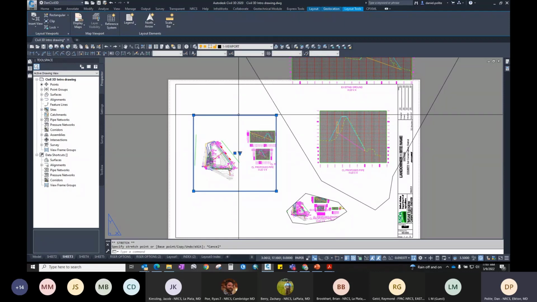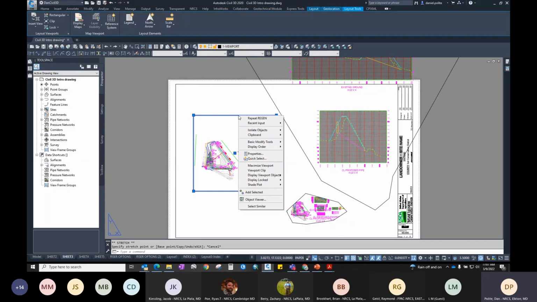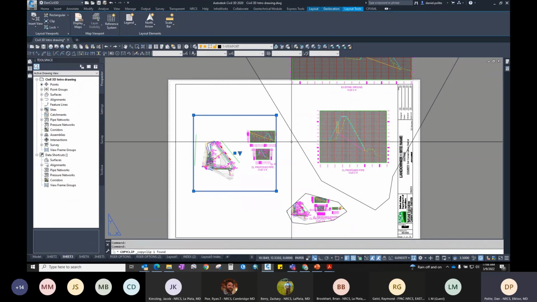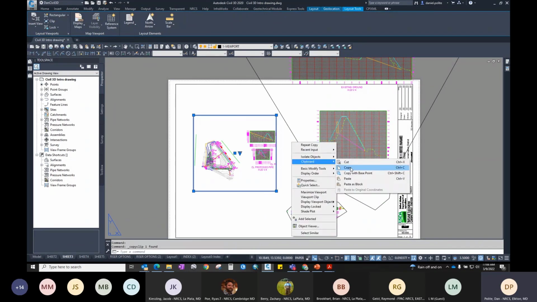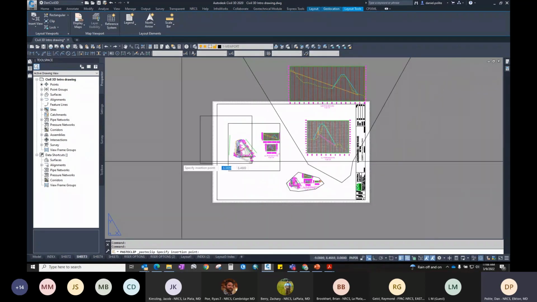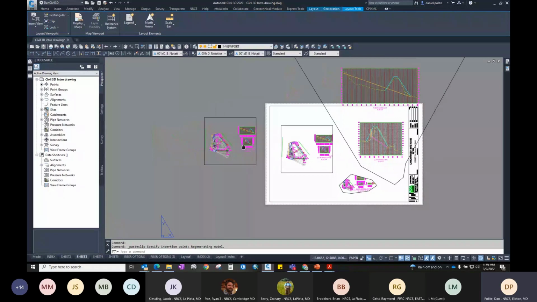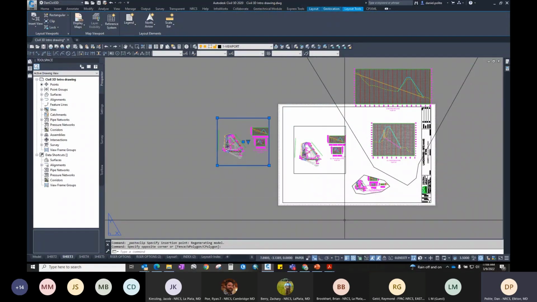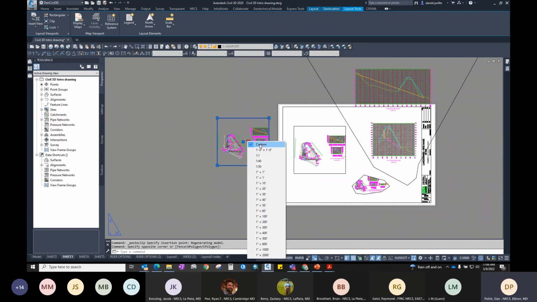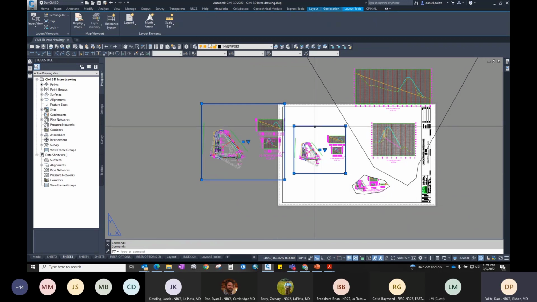move grip, and then again, if you wanted to create that viewport or copy it, you can go ahead and clipboard copy, and you can do Control C, Control V. Works the same way, and then it's going to copy it, and it's going to bring over the same scale that you have. So currently, you'll see it's custom 1:60,